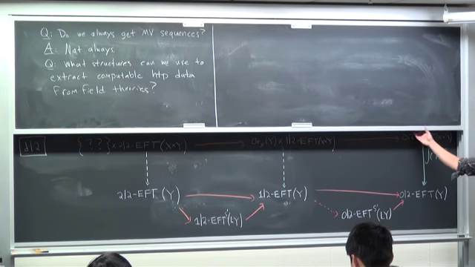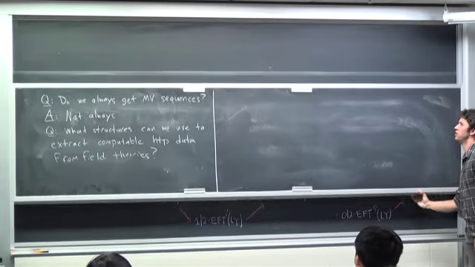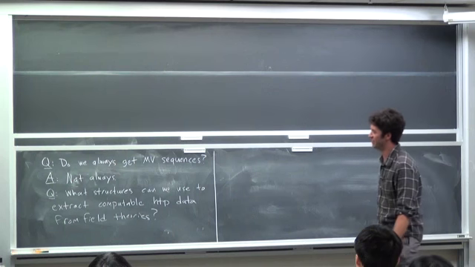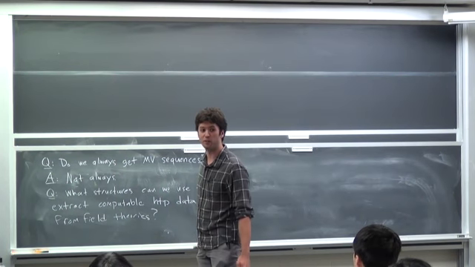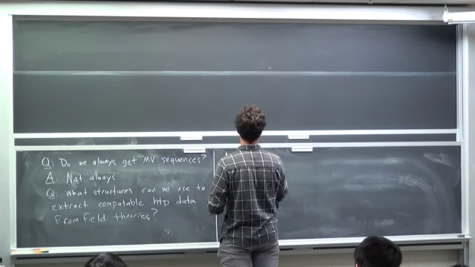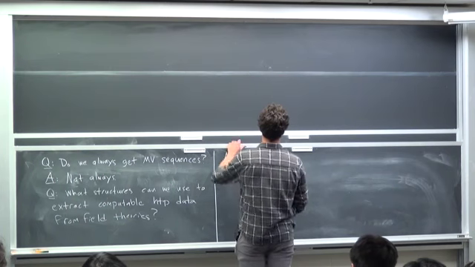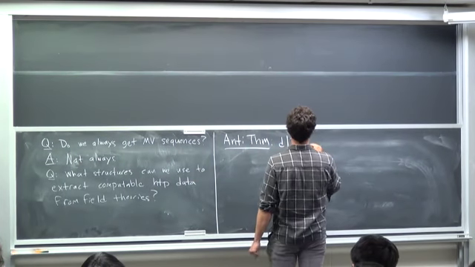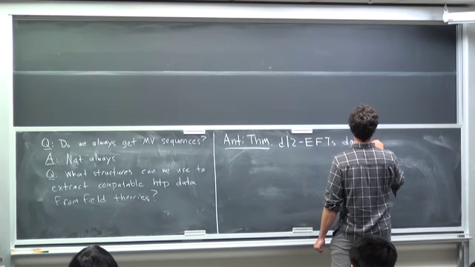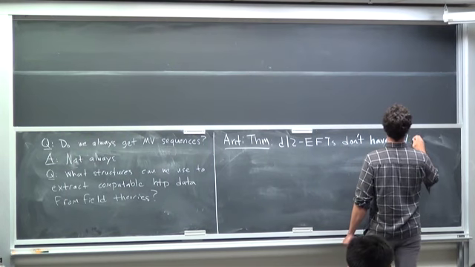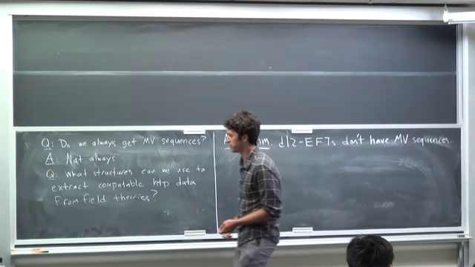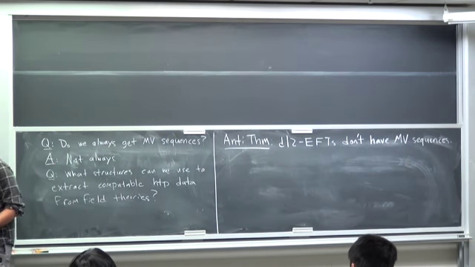OK, so what goes above? I guess it's a fact that these aren't cohomology theories. That's maybe one way to say it. So an anti-theorem, I suppose I would like to call this: D2 EFTs don't have Mayer-Vietoris sequences. So this was a big surprise. I always thought that the sheaf property would kind of guarantee it, and it just doesn't.